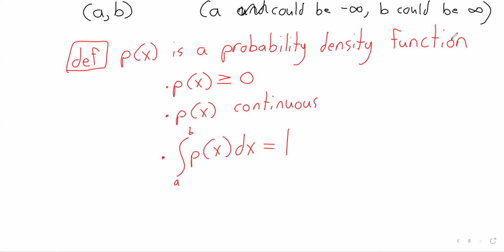If it's not a continuous distribution, then the second statement stops making any sense. So instead of talking about the probability of a specific event, the probability of a specific number being selected,